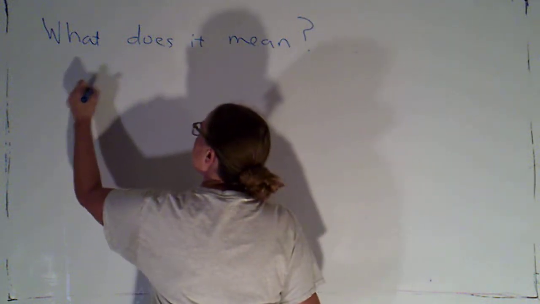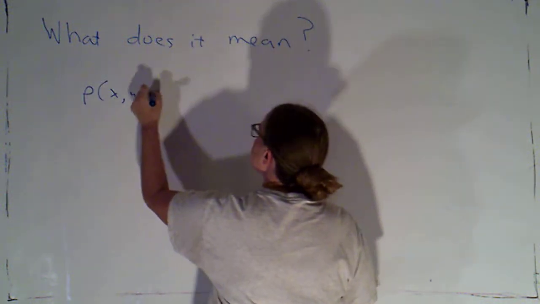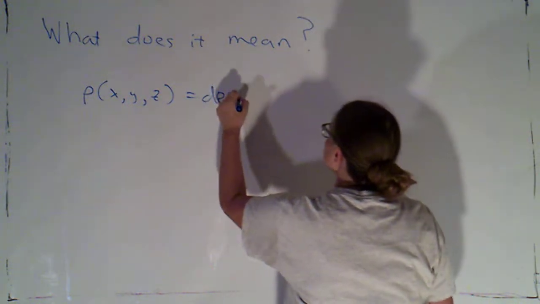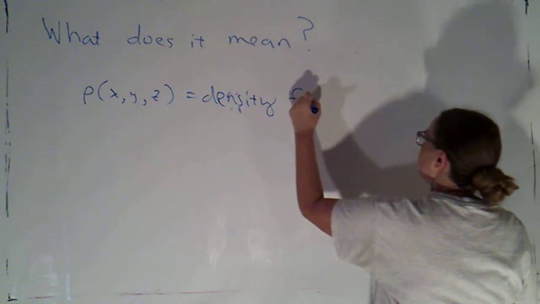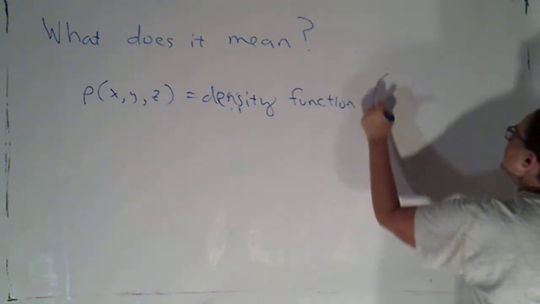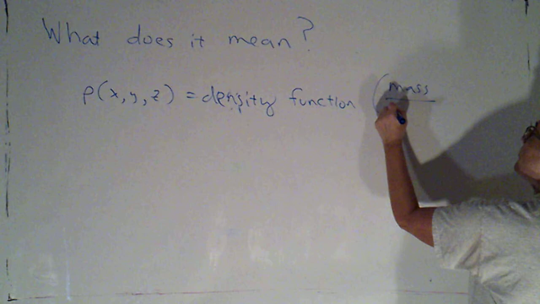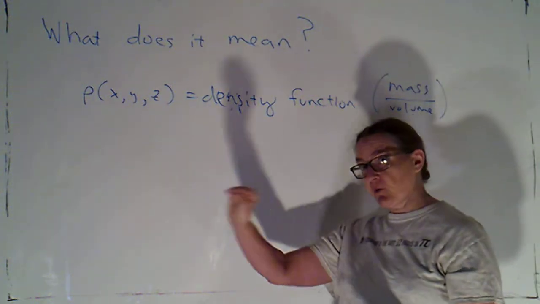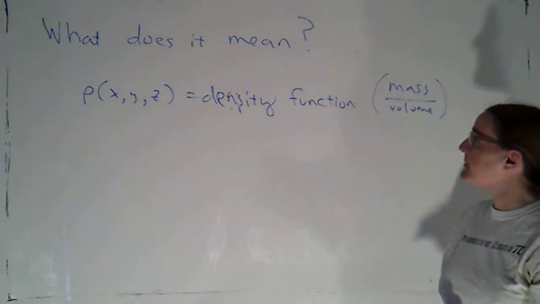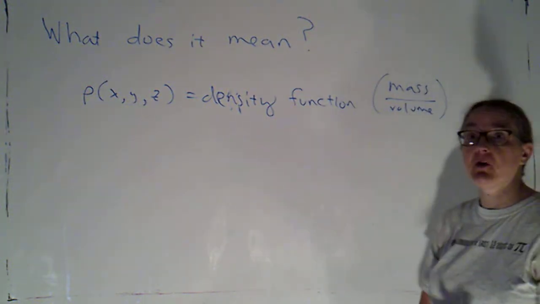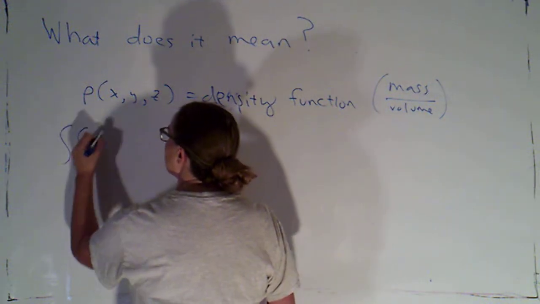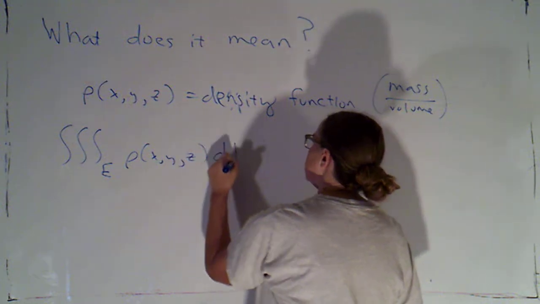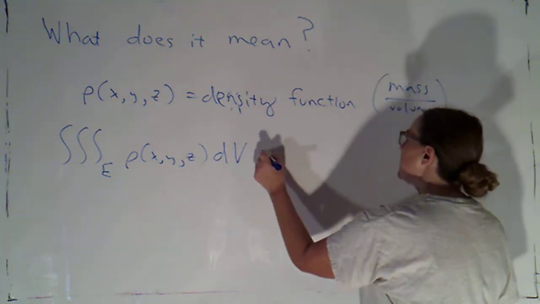So let's suppose that I had rho of x, y, z equals a density function. So that would be giving me mass now per unit volume. So in 2 space we had mass per unit area when we were working with a lamina. Now we're working with 3-dimensional solids, so we would have mass per unit volume. If I take a look at the triple integral over E of the density dV, that's just going to be the mass